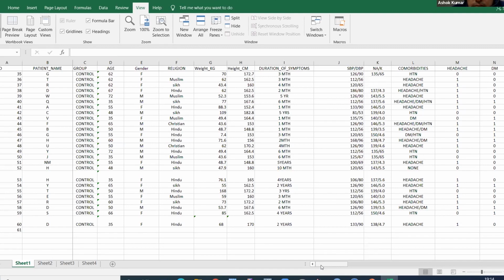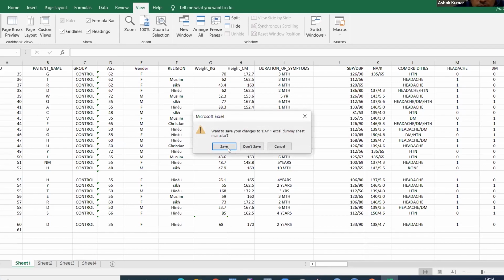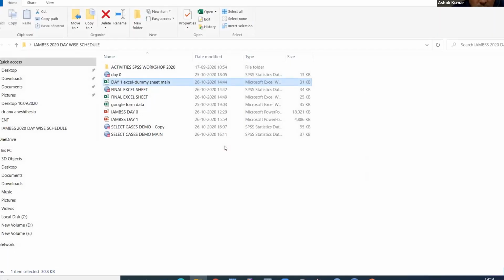in SPSS. So I have to open SPSS first. So I want to close this. Okay, I have changed a lot of things, so I have to save. Okay. Now I want to